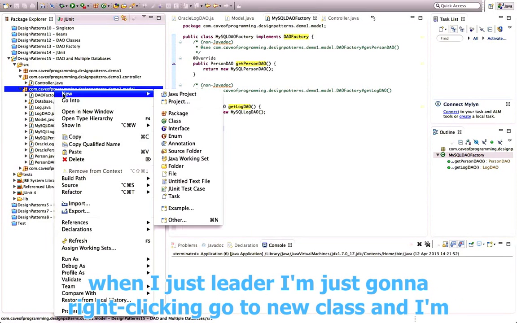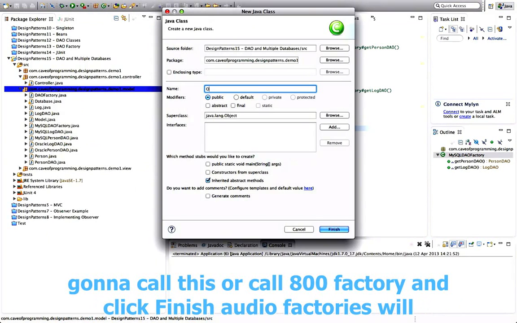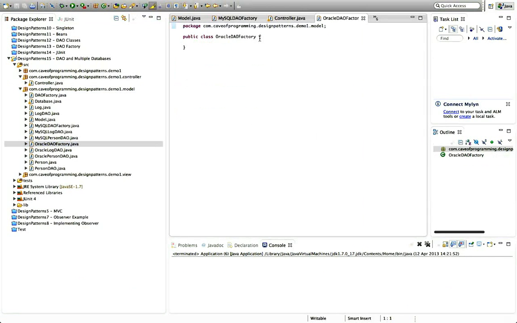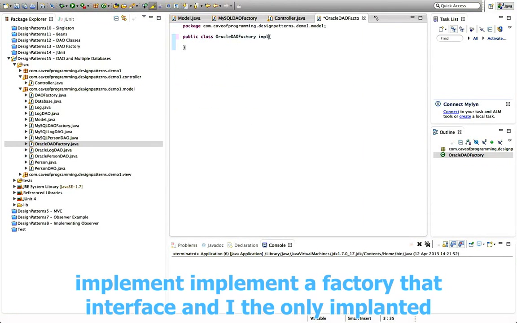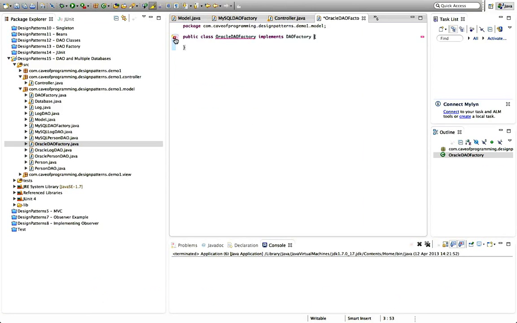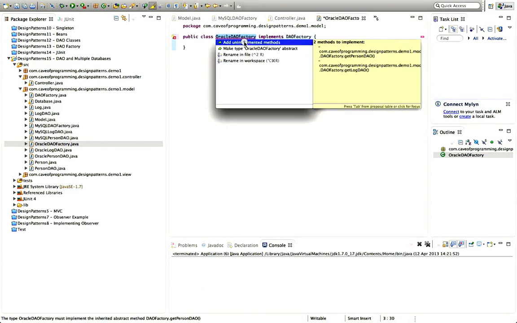I'm just going to right click and go to new class, and I'm going to call this Oracle DAO factory, and click finish, and all the DAO factories will implement DAO factory, that interface,